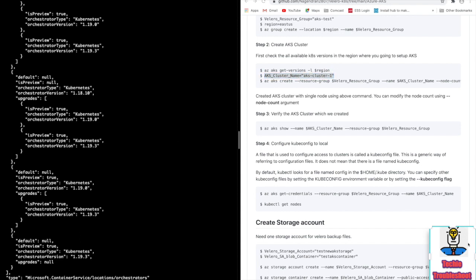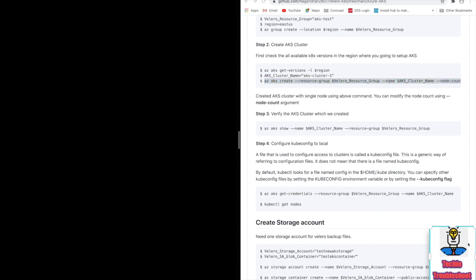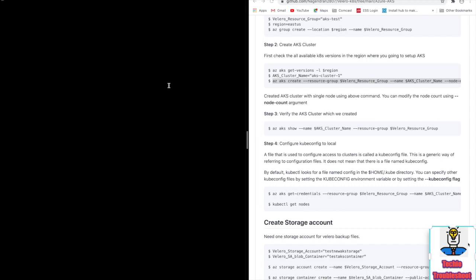I put a name like AKS cluster 1 for my cluster. Here I choose Kubernetes version 1.18. It will take 3 to 5 minutes, so you have to wait.